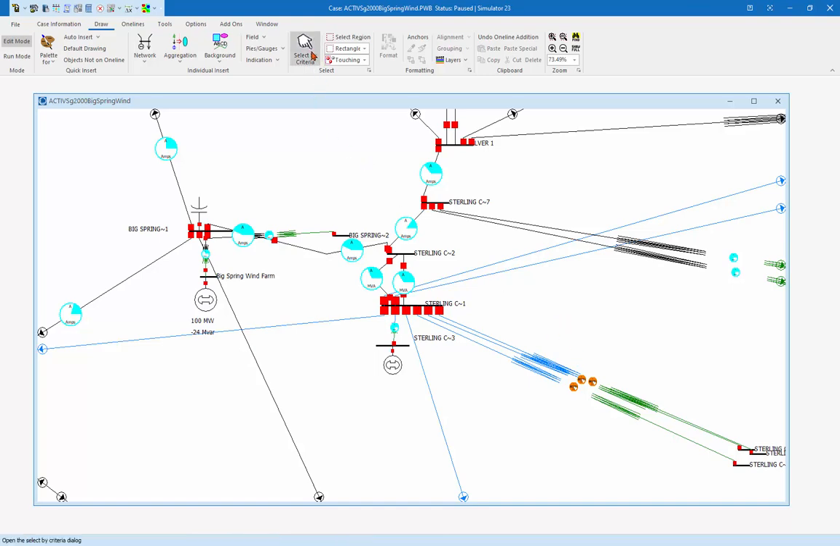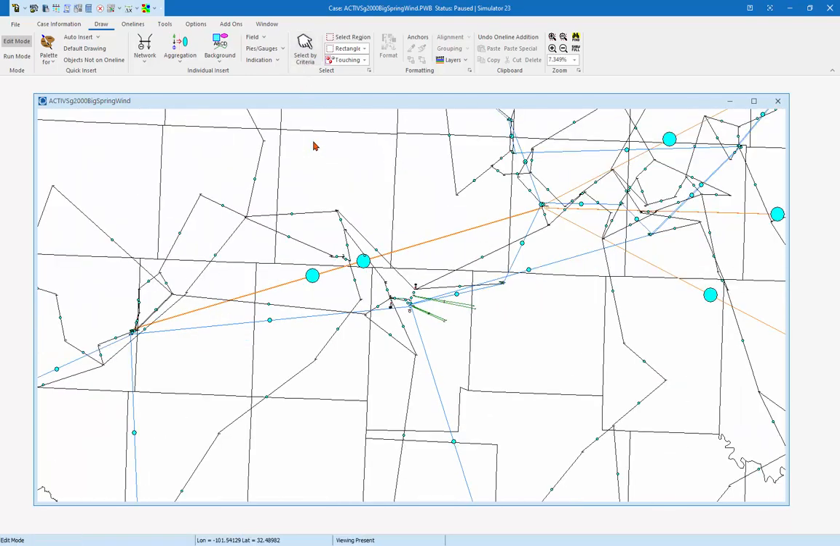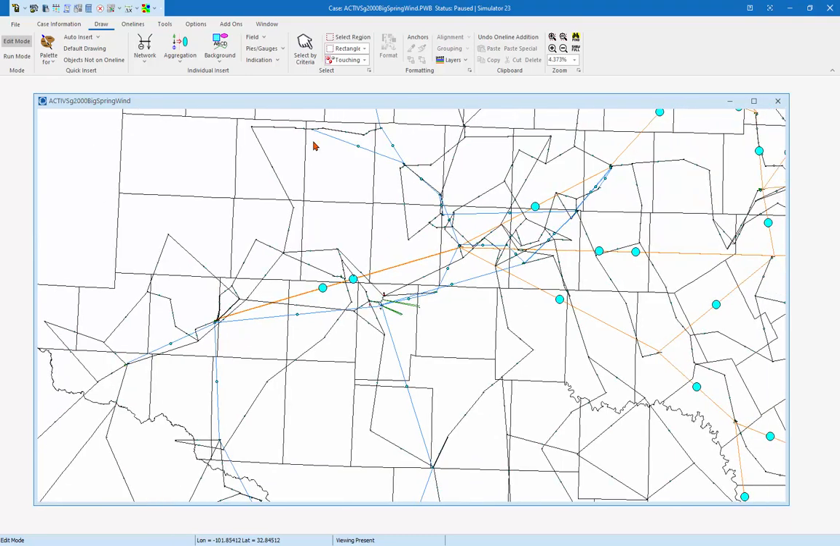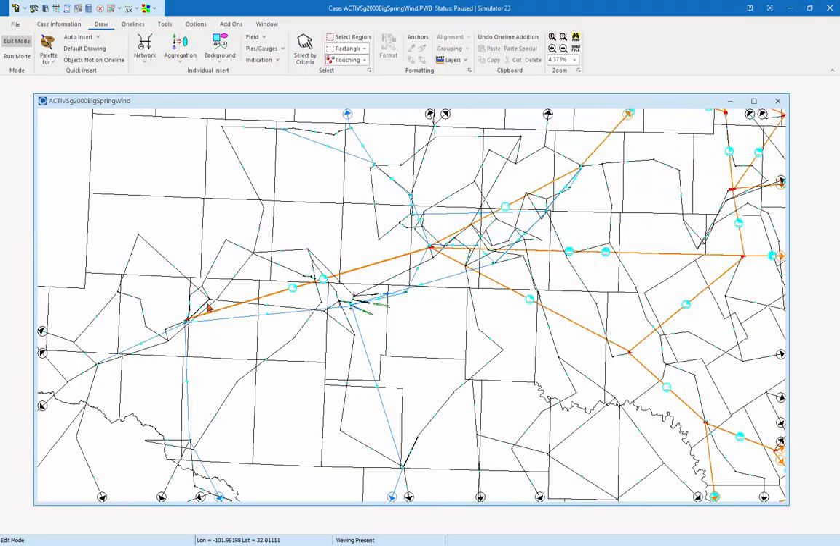Another option is called select by criteria, and this can be useful for something like, let's suppose we wanted to choose all of the 500 kV lines. So I'll zoom back a little bit to make sure we can see at least a few of those in the view. Those are these orange lines right here. And if I choose this select by criteria option,